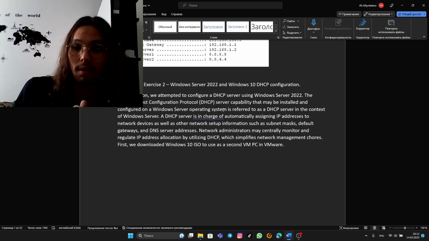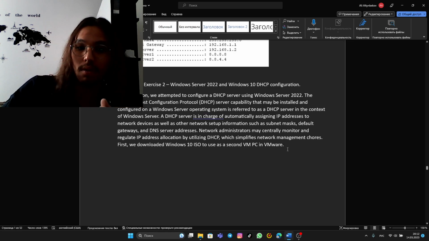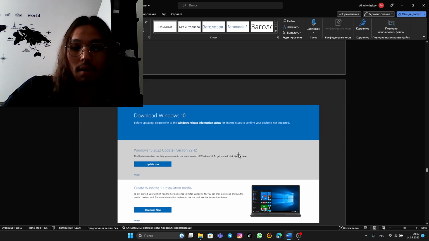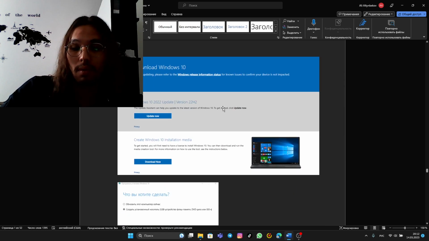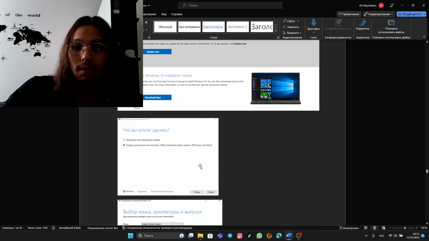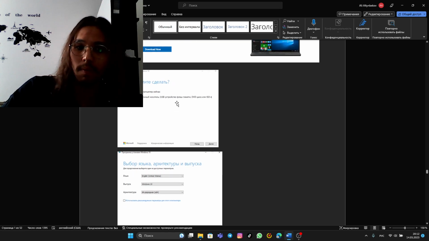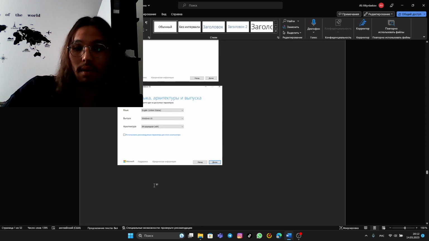The DHCP server capability may be installed and configured on the Windows server, and it's in charge of automatically assigning IP addresses. So going to the Microsoft official site, downloading the media creation tool to make an ISO file of Windows 10,